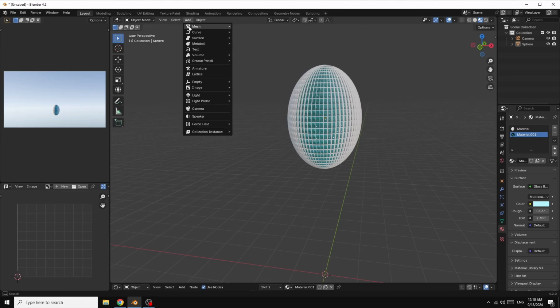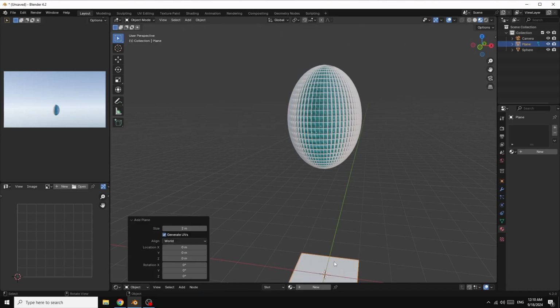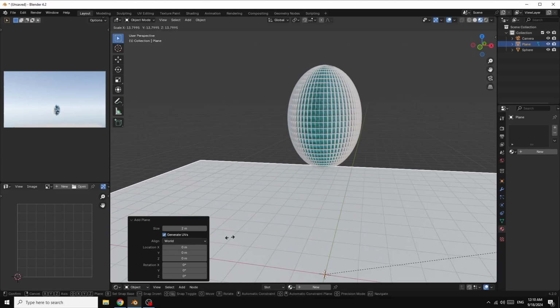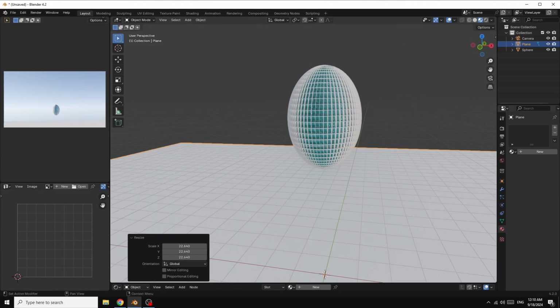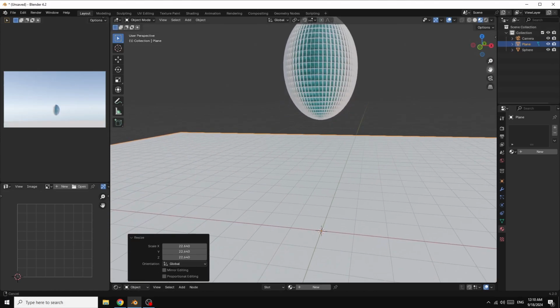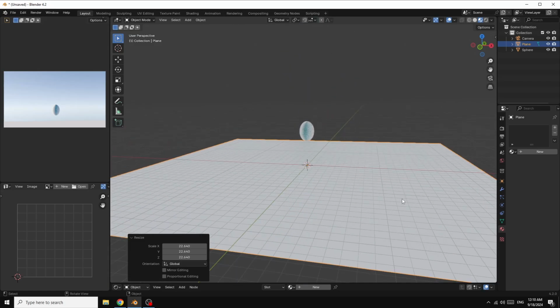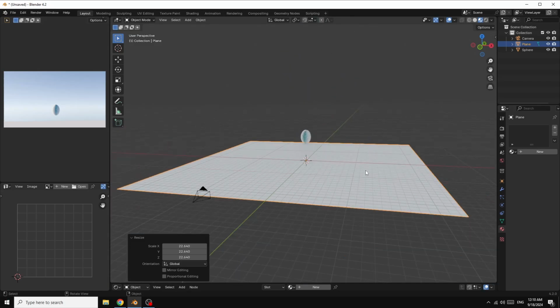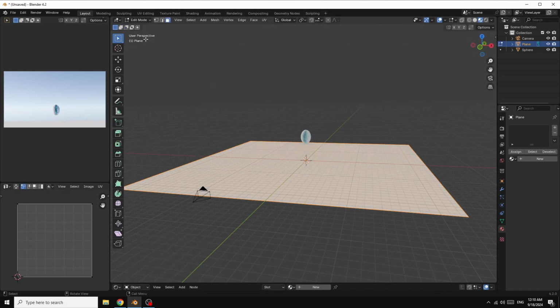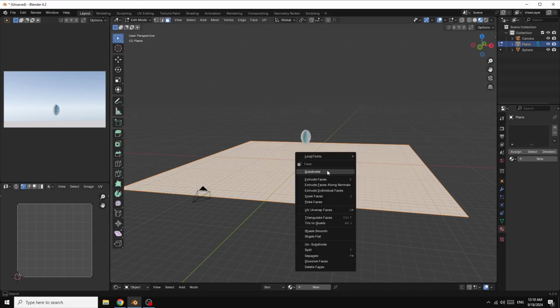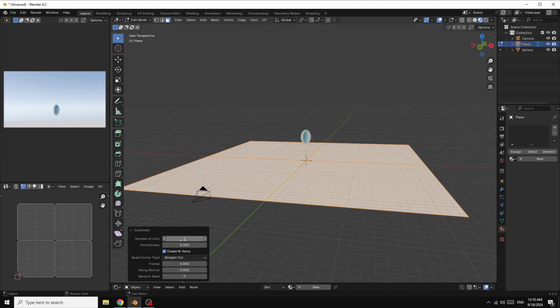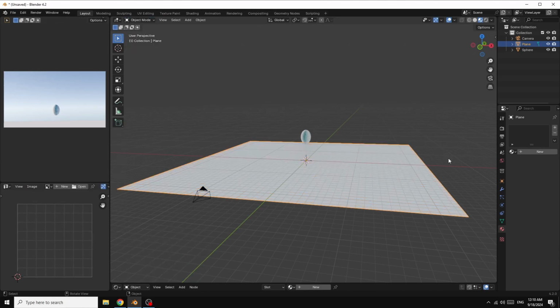Now go here and add a plane. S to scale it. Now go here in edit mode, right click, subdivide. I give it 50. Now go back to object mode. This plane selected,